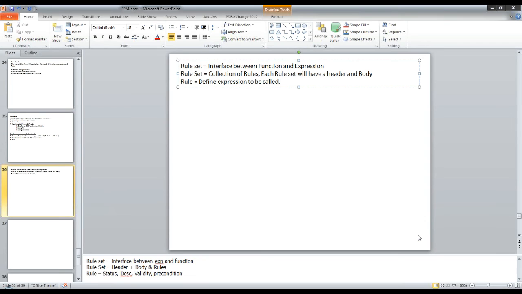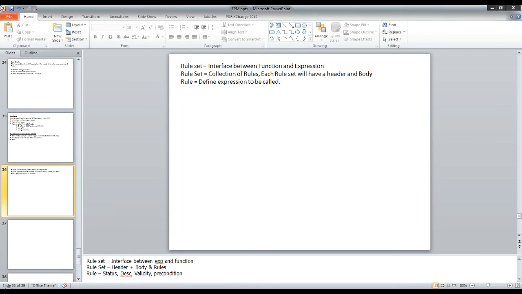With the functional mode, it is not possible. Whenever you call a function, it will always execute. There is no validity period there. But with the rule, you get the flexibility to actually define the validity period, between which date and which date it is valid. Only between those dates will it be executed. Otherwise, it will not. So that's my define expression.